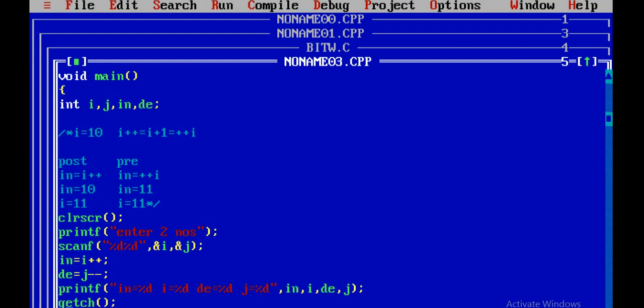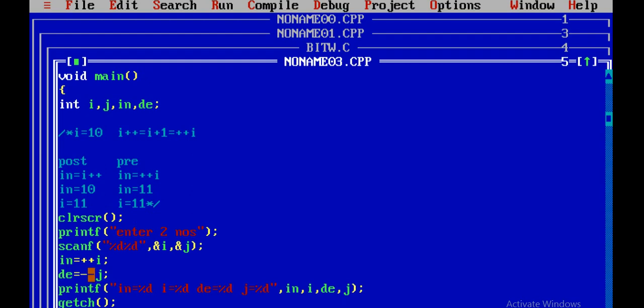Clear? Now the same program, only I am modifying it for the results of pre-increment and pre-decrement. What happens in this case? If you enter 10 and 20, first the value of i will be increased, 10 becomes 11, and 11 will be assigned to in.